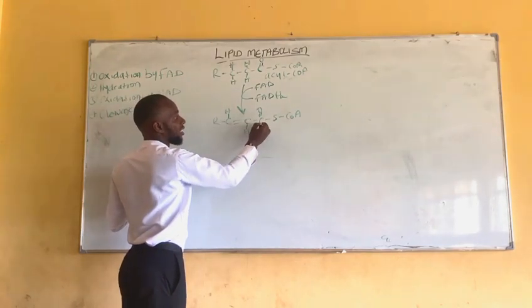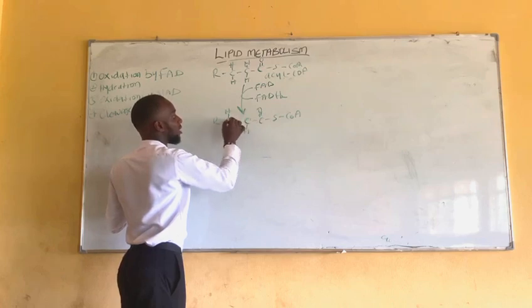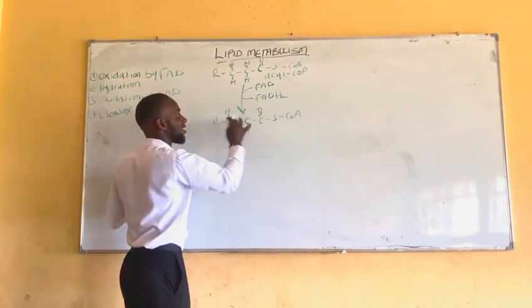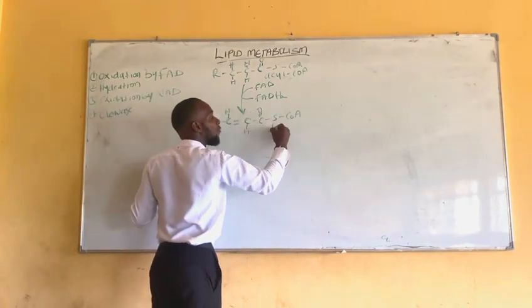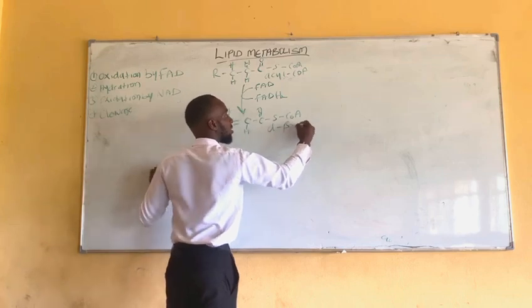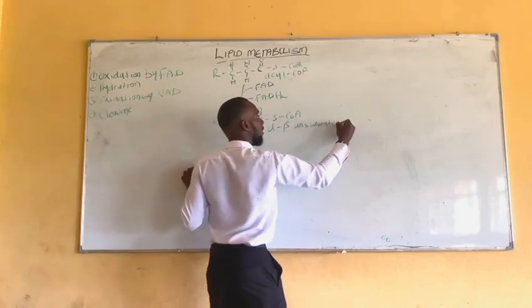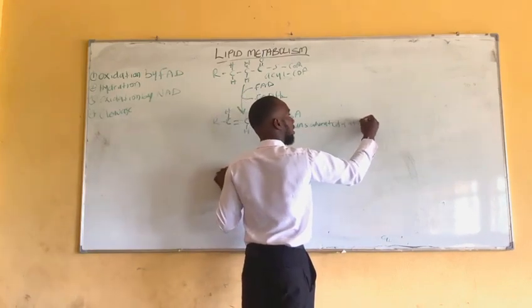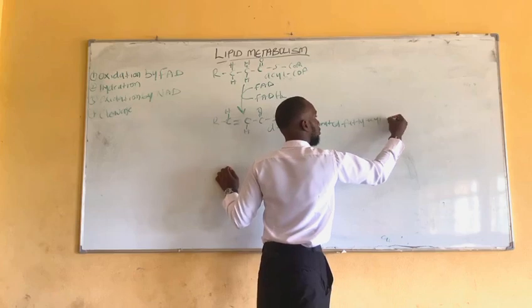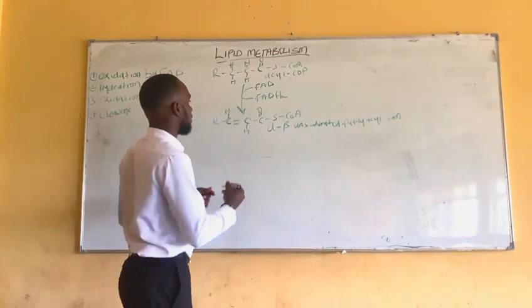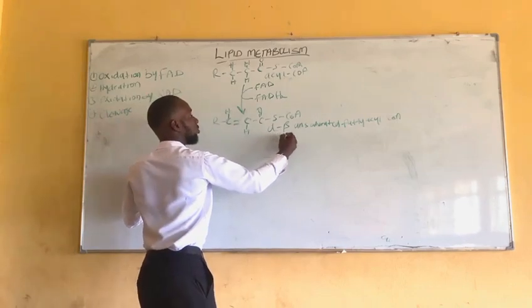This is the carboxylic one. This is the alpha carbon. This is the beta carbon. So there's now a double bond between the alpha carbon and beta carbon, making it unsaturated. So the name of this is actually called alpha beta unsaturated fatty acyl-CoA. Yes. Or another name we can call it is delta 2 trans